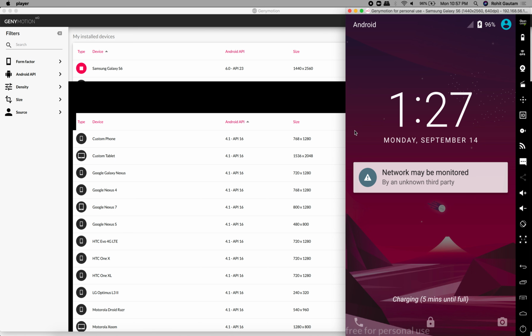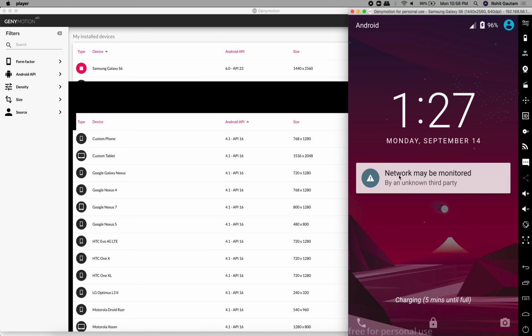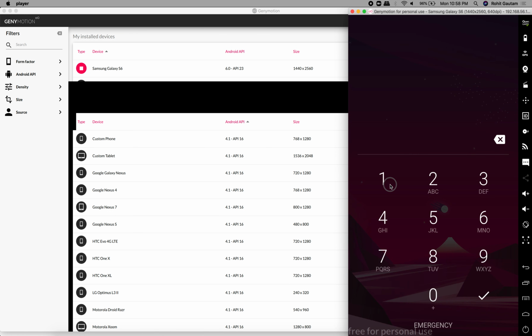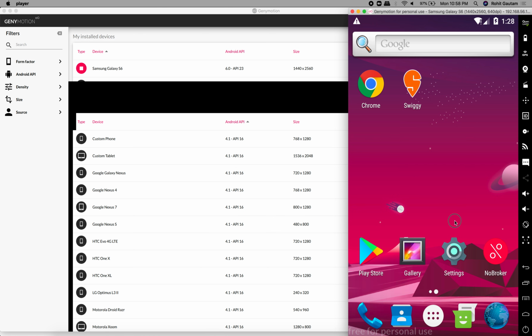So we have installed Genymotion and now our machine has also started. Our Android machine has successfully started. Now let me just open up this machine. So this is how your machine looks when you start it. Alright. So the next and the most important step that we are going to do is